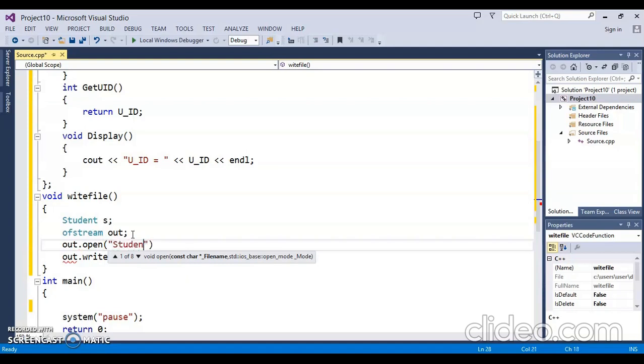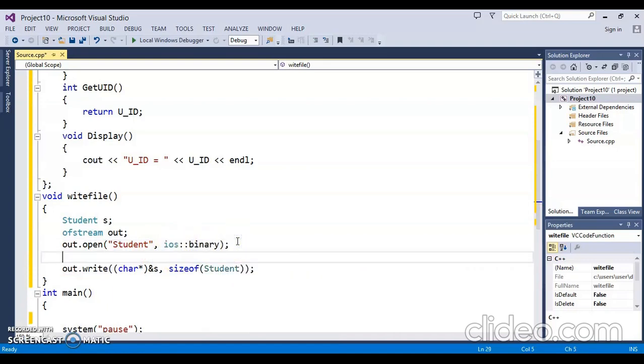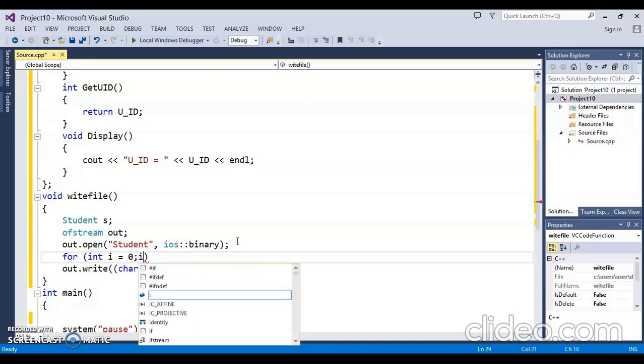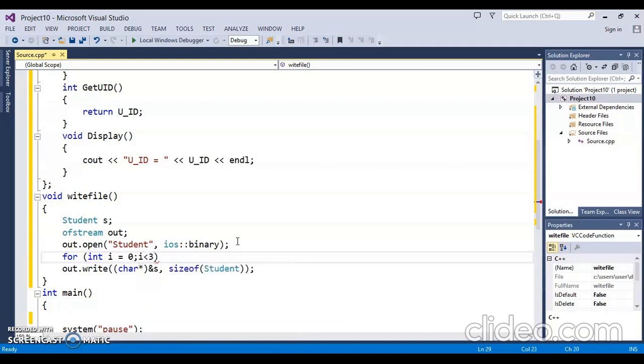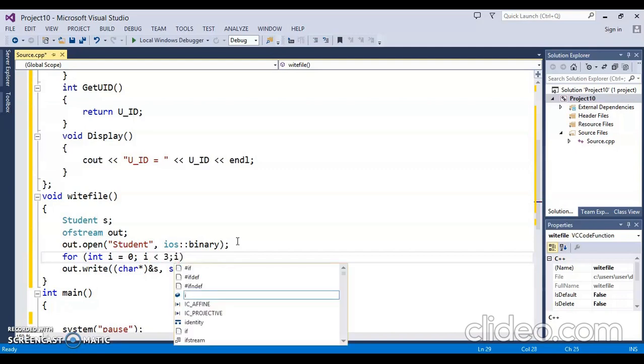So let's say my file name is student, and it is going to be a binary file. Let's say I want to write 3 records to my file. Instead of writing them again and again, I should write a for loop, and I will write 3 records, so that whenever we delete, we should know that some record has been deleted. And i++,